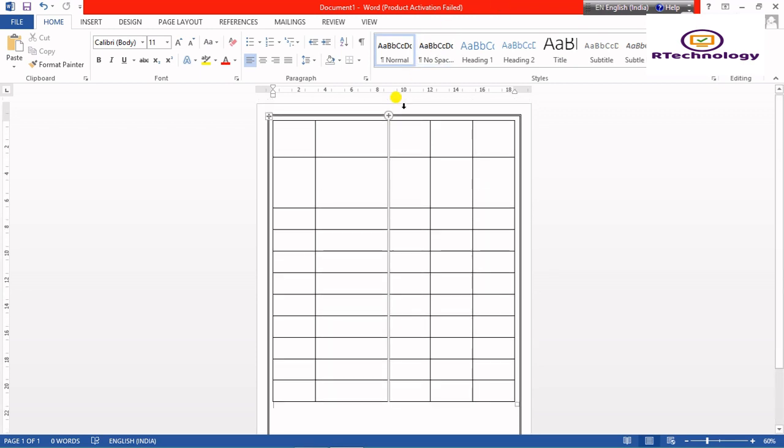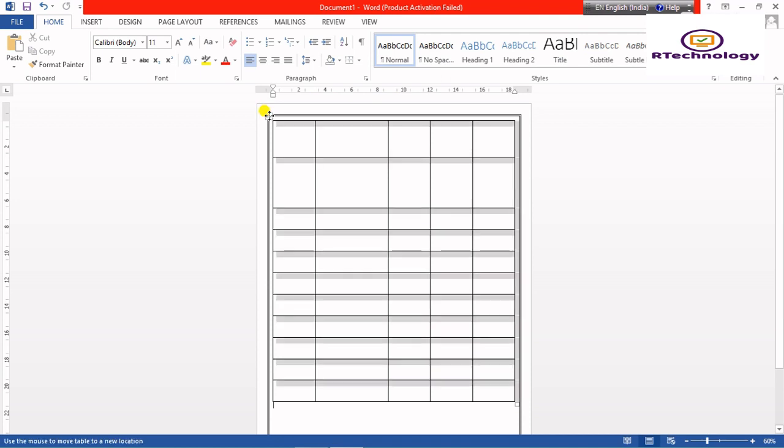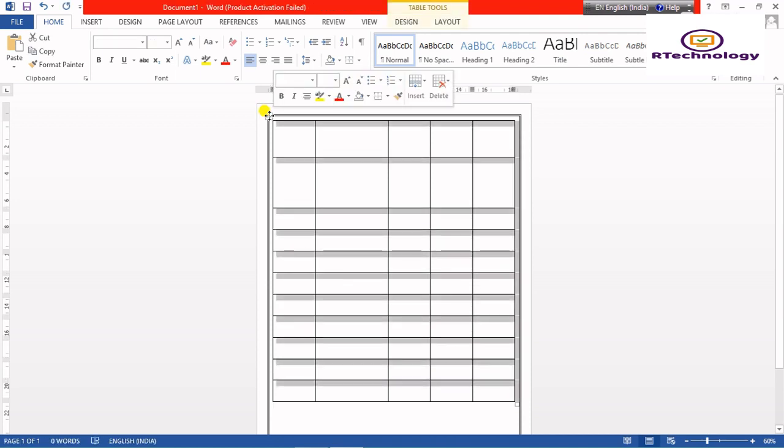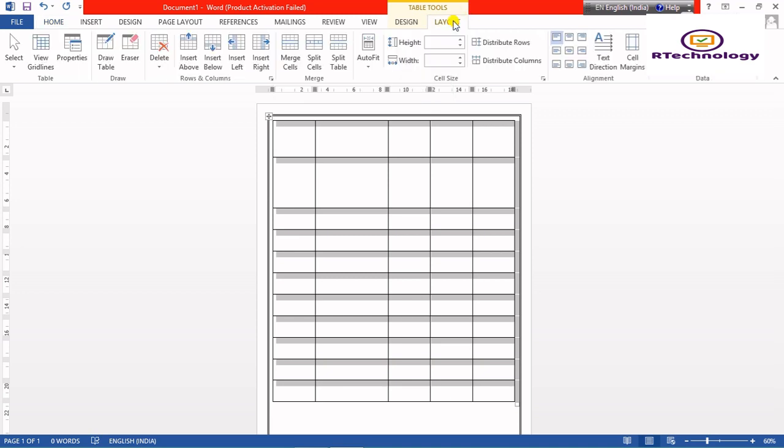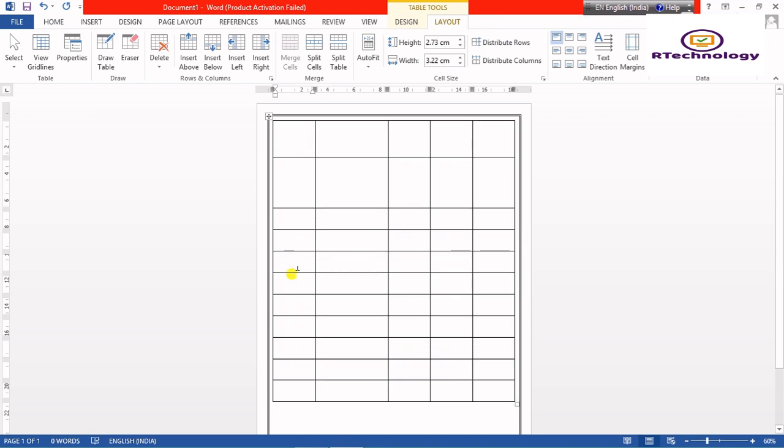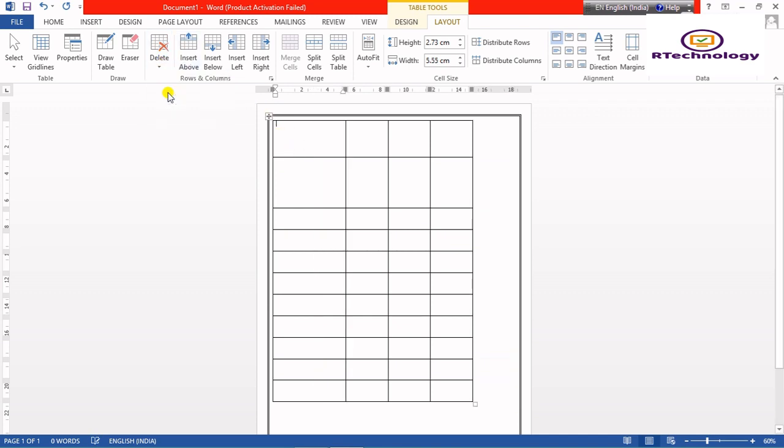Okay, now if I want to delete the table, a particular row, column or a cell, how are we going to do it? For this we have to go to layout again. Suppose I want to delete this column. Okay, so as you all know, this is the column and these are the rows. So I want to delete this first column. So how to delete it? Go to delete and column. See, my column is deleted.